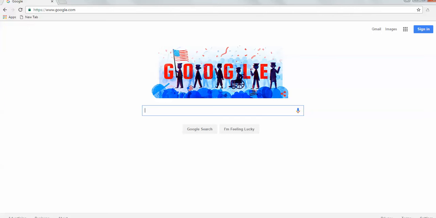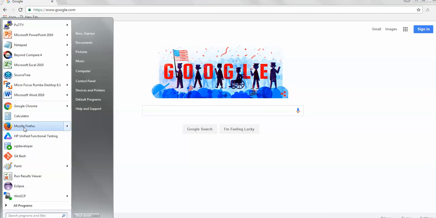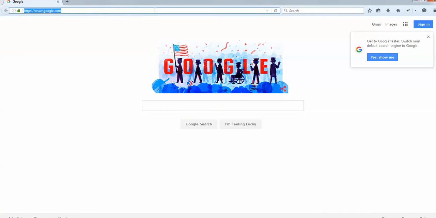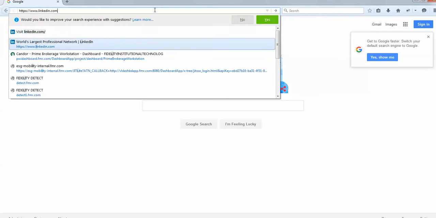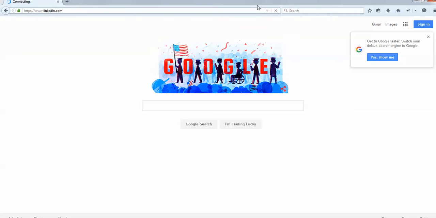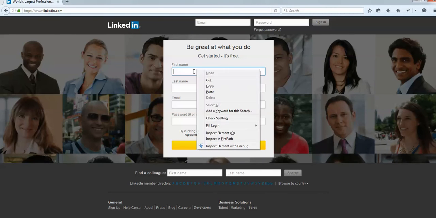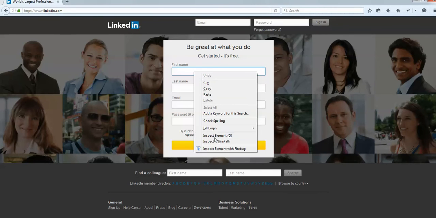Alright, let's see what's happening here. Open Firefox again and we'll open the LinkedIn site. Right click here, and now you see the inspect in FirePath option. After installing these two add-ons and restarting Firefox, you will find this option.